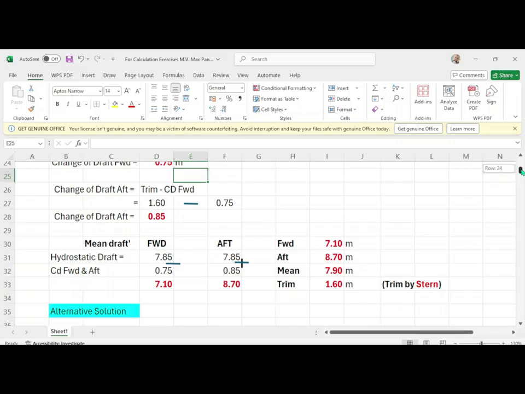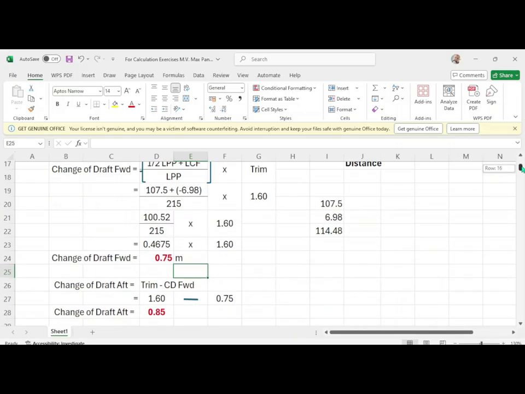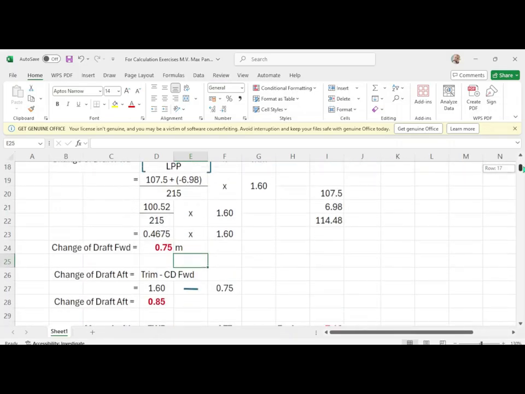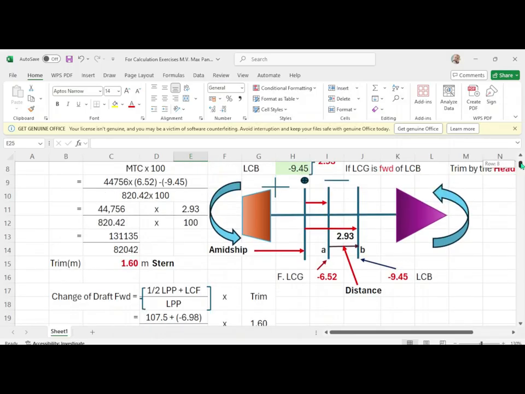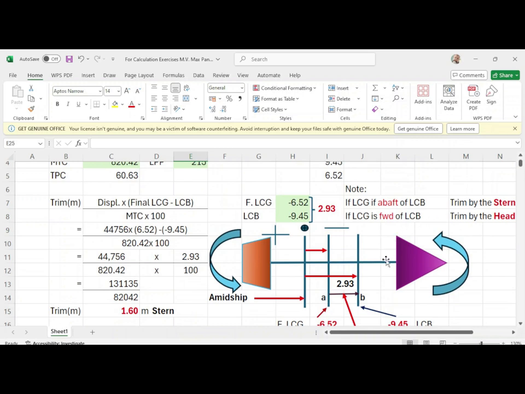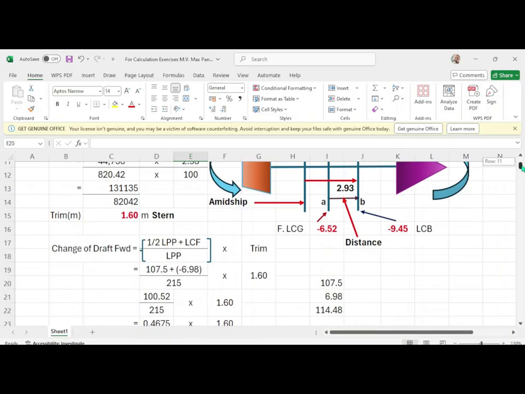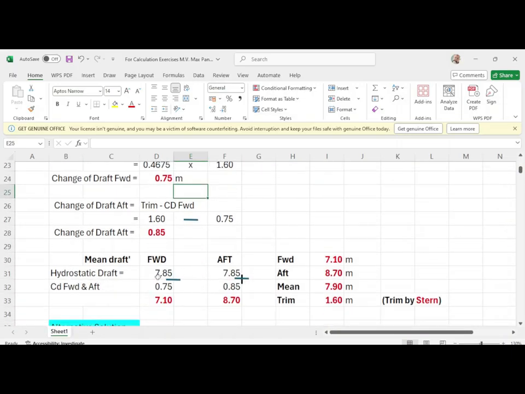of the drawing because you are trimmed by the stern. Okay, you are trimmed by the stern, meaning the forward part of the vessel will rise up, so you have less drop here. That's why in the forward drop you have to take minus. You deduct, so you will have a less drop, which is 7.10,